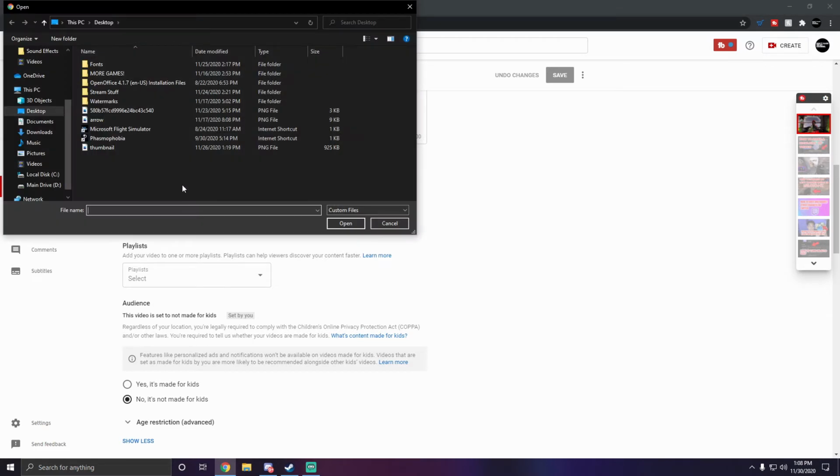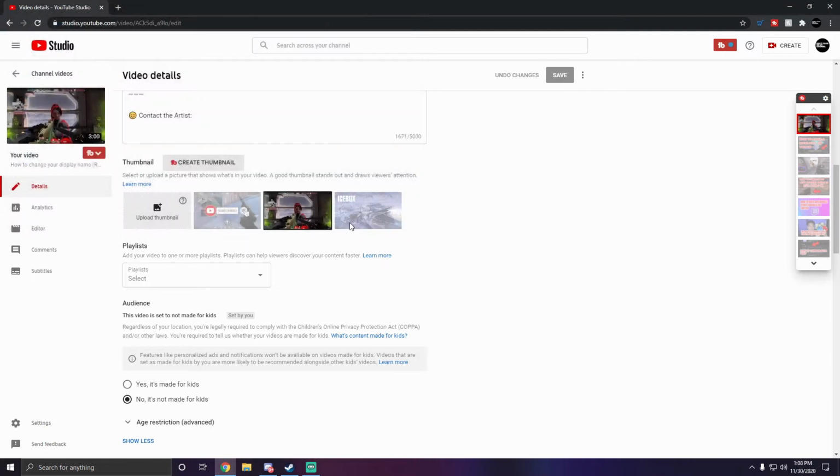and locate your thumbnail wherever you have it on your computer. In my case, it's my desktop and it's actually just right here. So I'm going to click open and it'll be changed, and make sure you click save, because if you don't click save, it's not going to save. So let's click save,